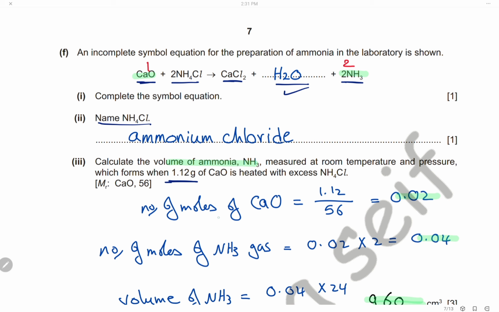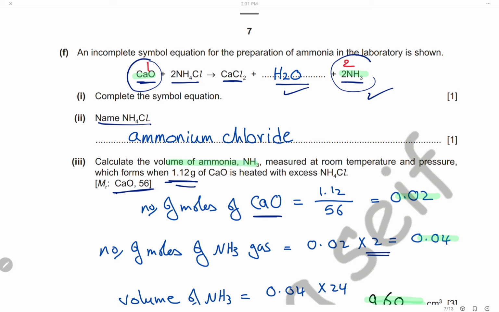So first we will calculate the number of moles of calcium oxide. The number of moles equals the mass divided by the Mr of calcium oxide. So we will divide 1.12 by 56. The Mr is already given here. The number of moles of calcium oxide is 0.02. Then, referring back to the equation, the ratio of the number of moles of calcium oxide to ammonia is 1 to 2. That means the number of moles of ammonia is double the number of moles of calcium oxide. So simply we'll multiply the number of moles by 2 to get the number of moles of ammonia,